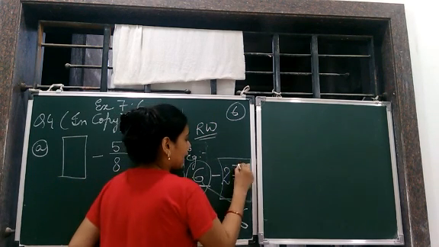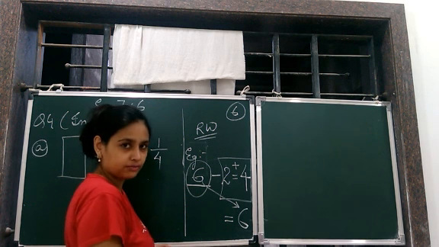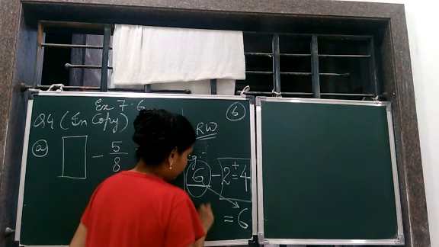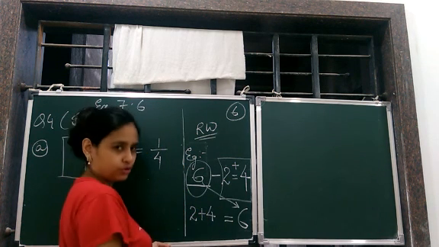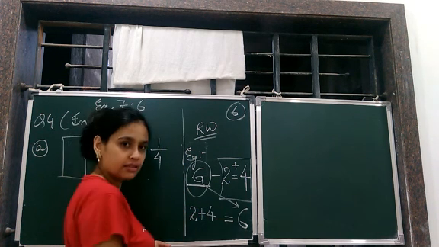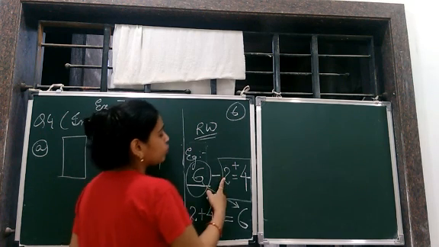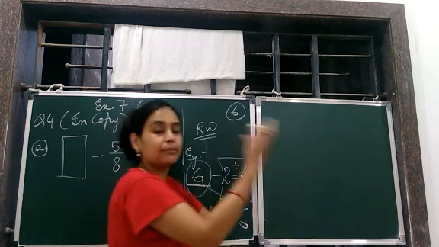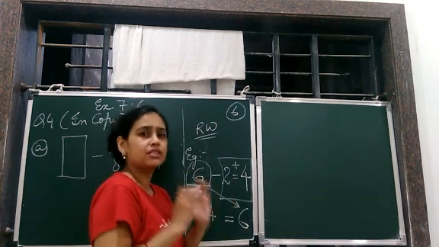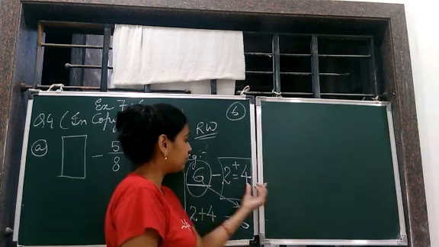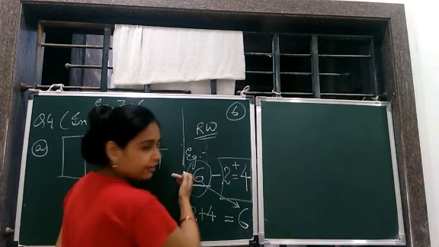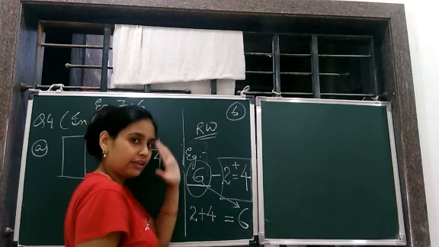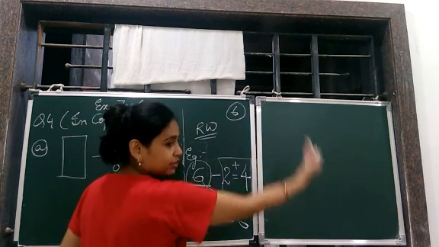Simple. If you add 2 and 4, what will come? 6. Yes. So if you do 2 plus 4, or you can say 4 plus 2, it is what? 6. Correct? That means we shift this 2 next to the 4. And whenever we change the side of a number, or any expression, that is from left hand side to right hand side, this is the left side of the equals sign, so left hand side, and the right side of the equals sign, that means right hand side.